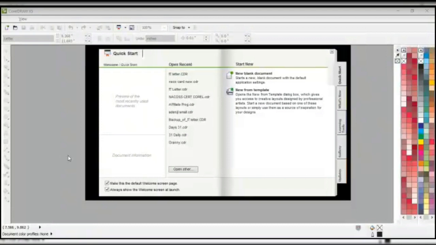This is a CorelDRAW graphics class. This is a class where we are going to be using CorelDRAW to train everyone of us, either you are a newbie or a professional. We are going to be saying that graphics is one